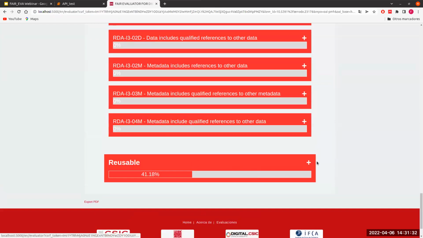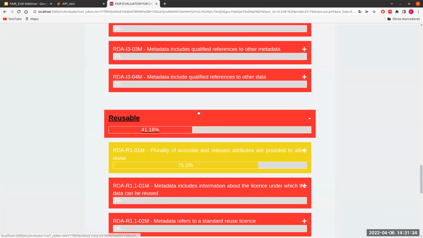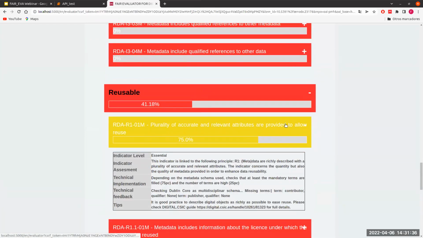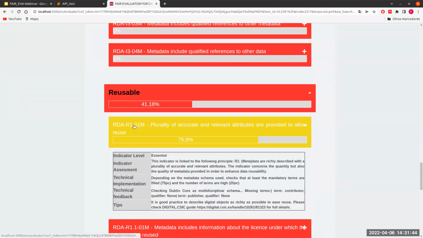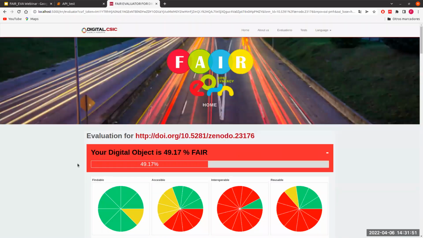Okay, so for reusability, if you check the metadata terms, you will see that actually the license is present. However, the configuration is not checking the metadata term that we want to check. And this is something that we will change. So remember that for this digital object, we have obtained 49%, and we will check later.